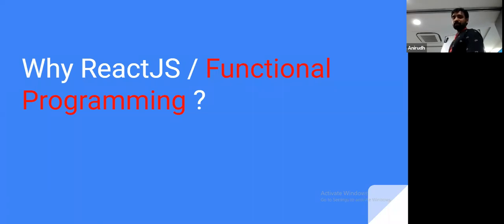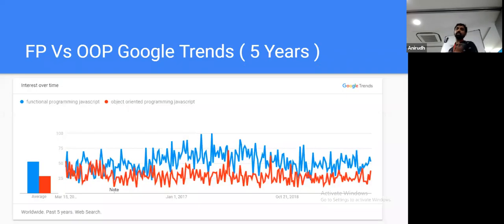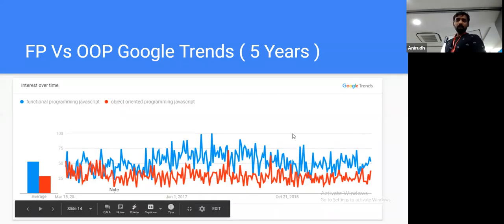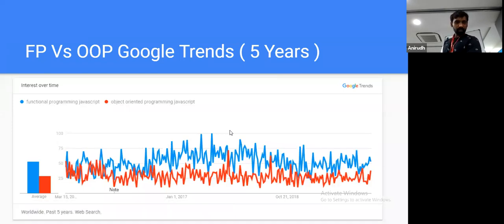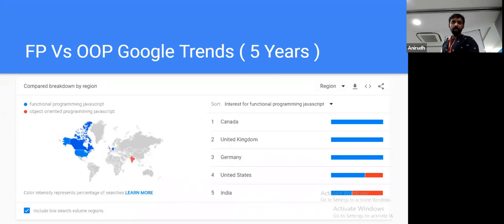So I will just share some statistics that I found in Google Trends. So this is from the last 5 years. This is the comparison between functional programming JavaScript and object-oriented programming JavaScript. So you can see in the trend, the interest in functional programming is growing and growing over the last 5 years.